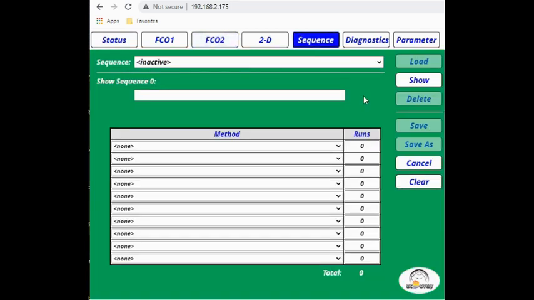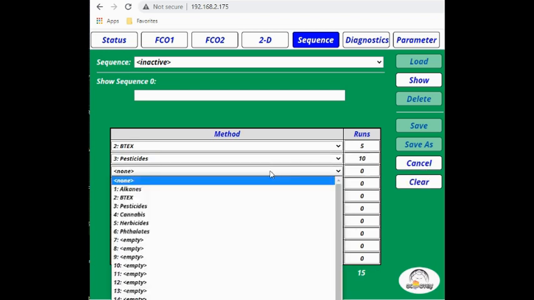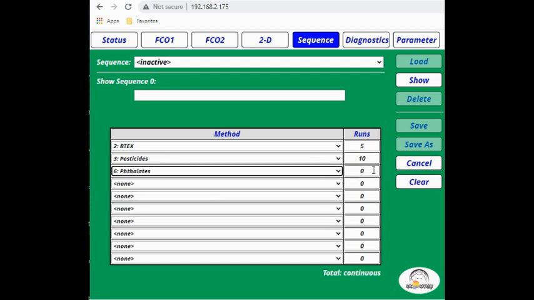If you want to link methods together, for example, having an auto sampler in your GC or GCMS, you can use the sequence table where we'll say we're going to run 5 BTEX samples and then 10 pesticide samples, followed by our phthalate method we just created of 15 samples. So the temperatures for BTEX will be loaded. Those 5 samples will be run